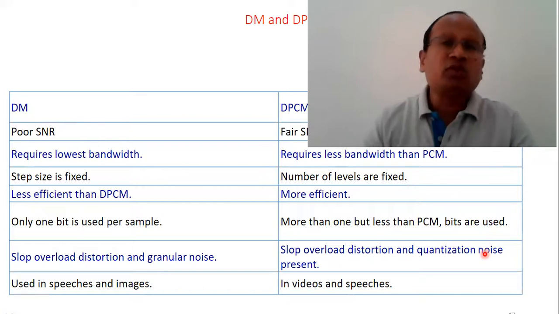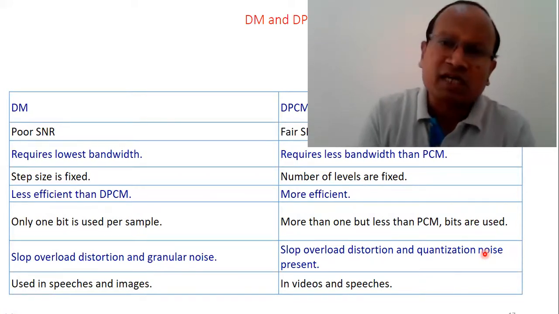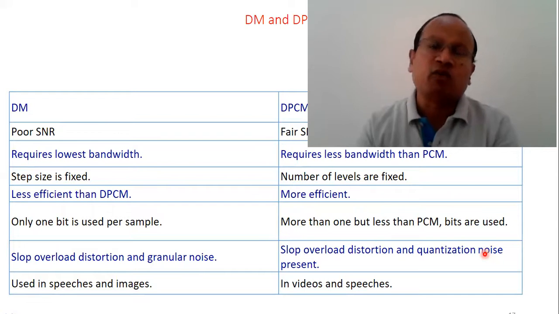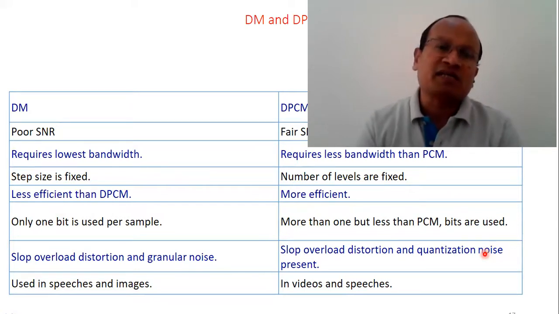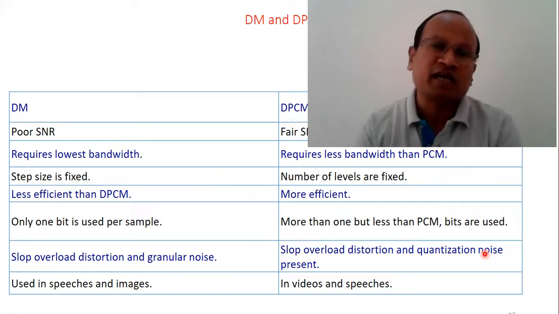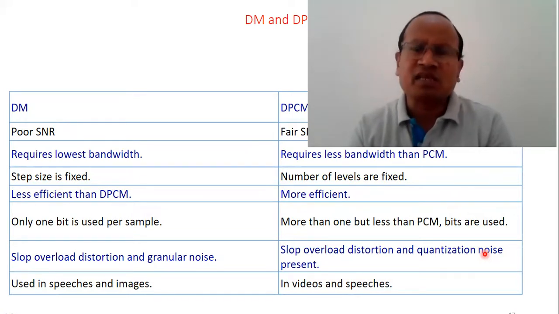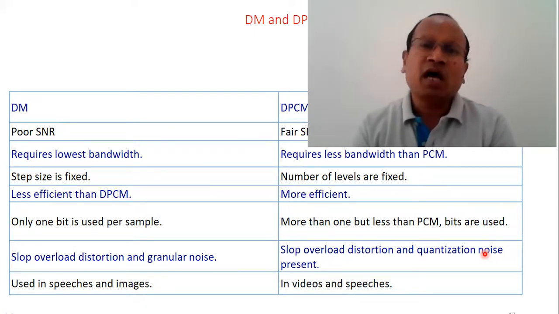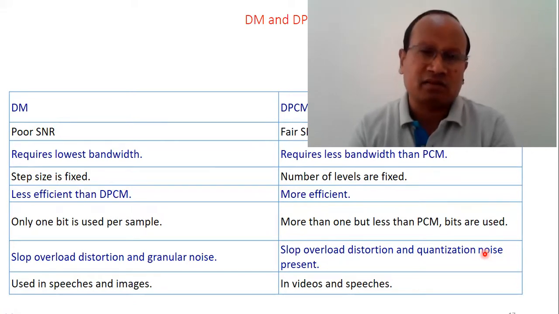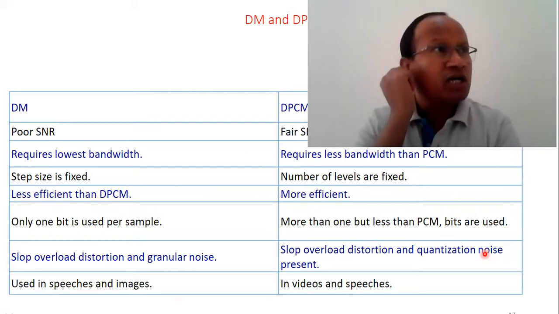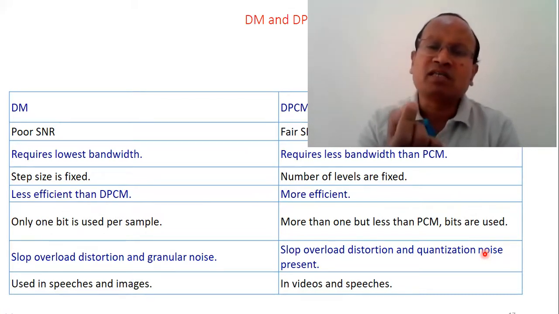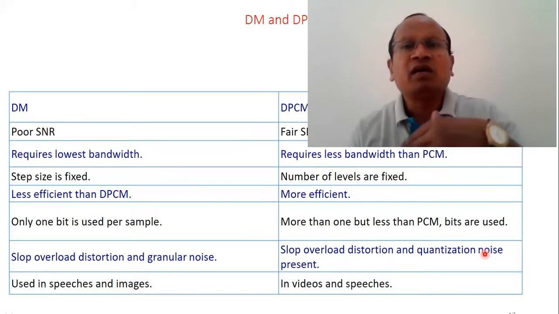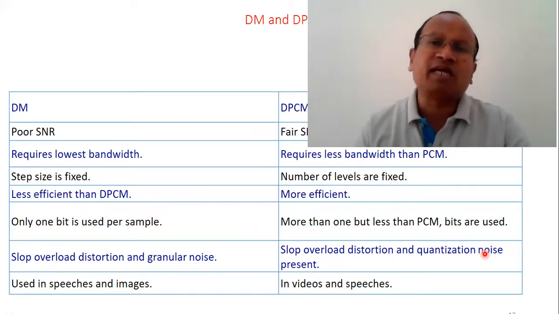In PCM, we use three important stages: sampling, quantization, and encoding. Sampling converts the signal into PAM, approximated by quantization, encoded by the encoder, and the signal is converted into a stream of bits. In PCM, there is one difficulty related to data redundancy, because we encode all the samples, and many times the neighboring samples do not have much difference, and correspondingly the code will be similar, but we encode all the samples again and again.